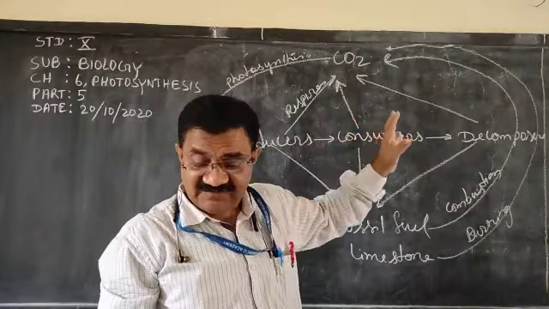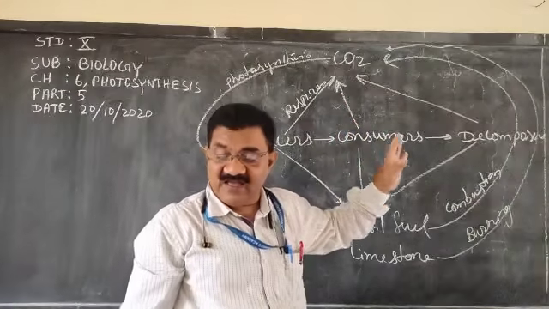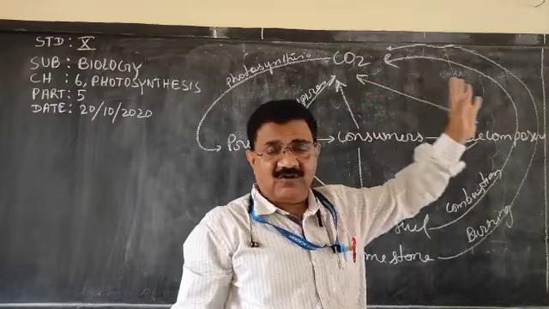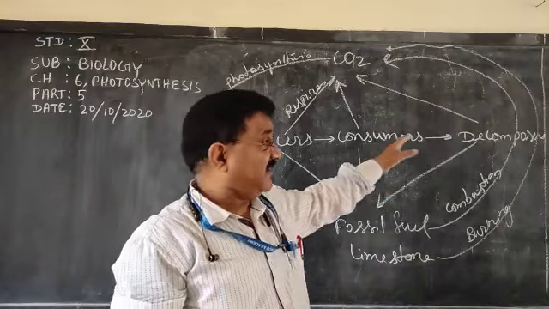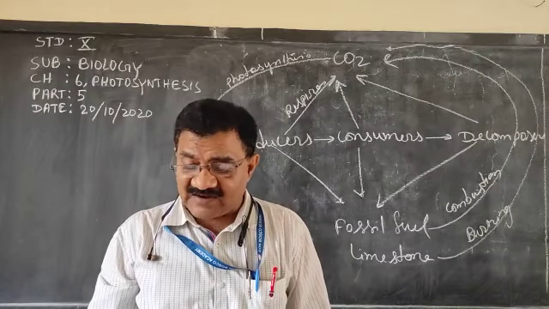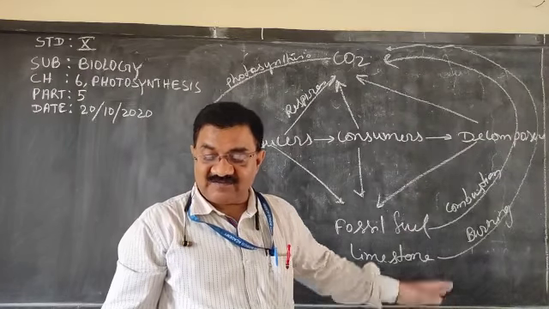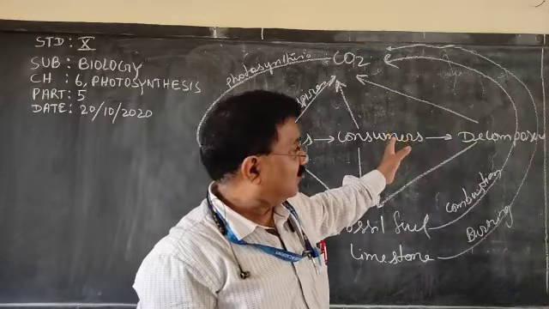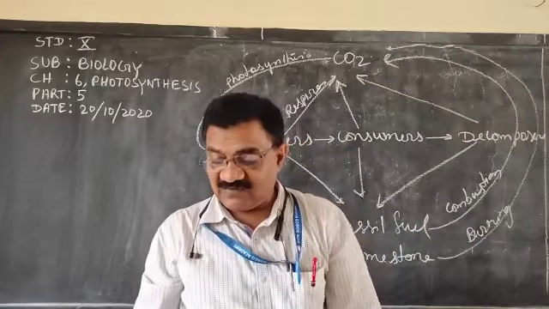Now by respiration, in all plants and animals, there is oxidation of carbohydrate to produce energy, and carbon dioxide is given out, which returns back to the atmosphere. After decaying, the dead remains of plants and animals are consumed by bacteria and fungi, and in this process there is breakdown of glucose or other organic matter to release carbon dioxide, and that carbon dioxide is released to the atmosphere.